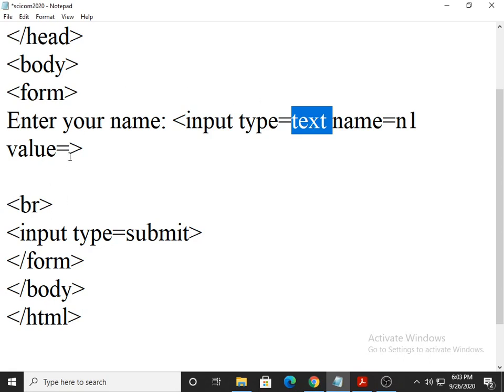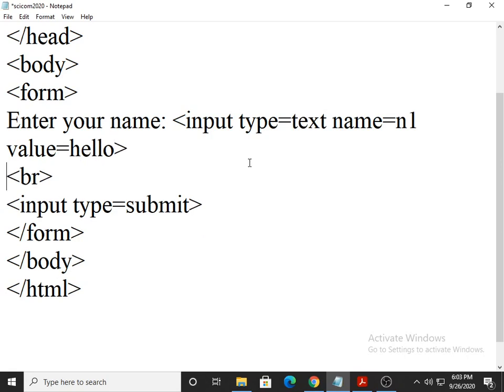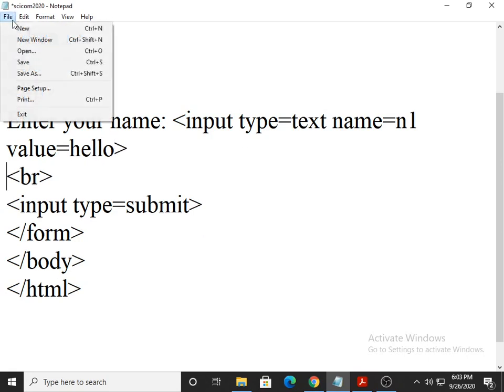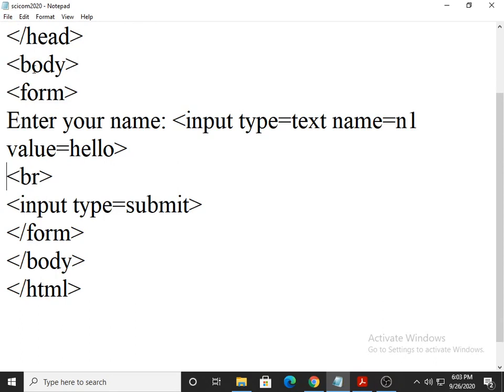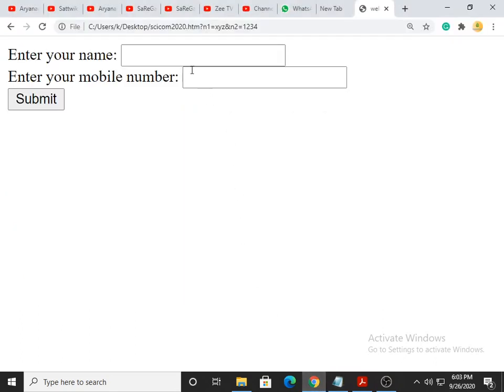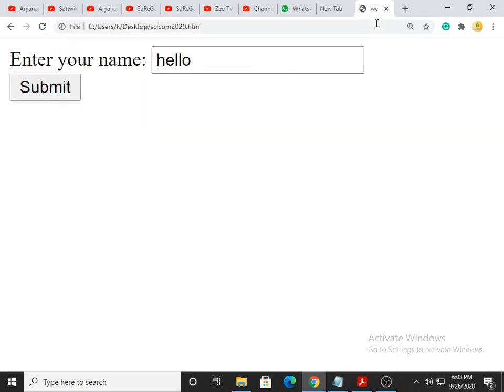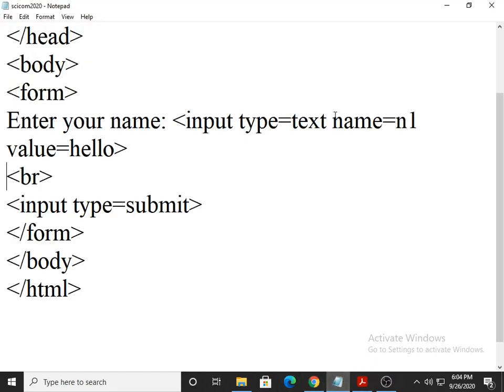For example, if I write value equal to hello, now see what happened. If I open the form in the output area, see, hello will be the default value, meaning what is automatically inside the box is called the default value, in the case of input type equal to text.